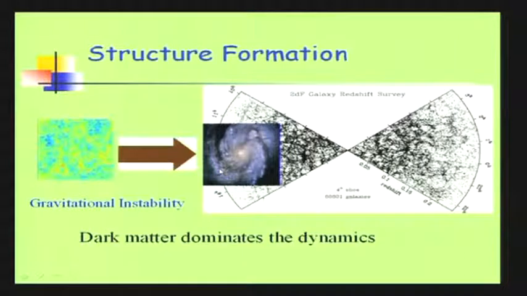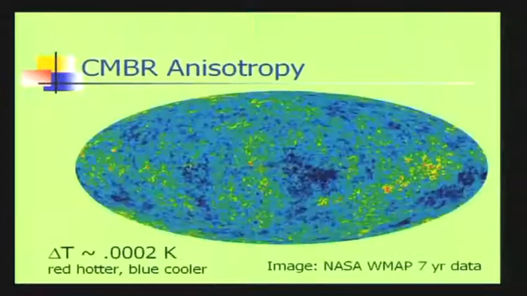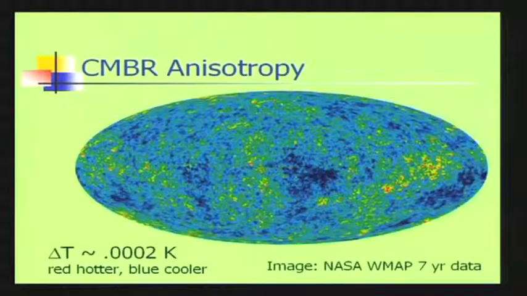Matter was very close to homogeneous and isotropic, but you had these small fluctuations, and the cosmic microwave background radiation is probing these small fluctuations at a redshift of around 1000. That is the basic interpretation. So the anisotropies in the cosmic microwave background radiation are probing these small fluctuations at a redshift of around 1000,